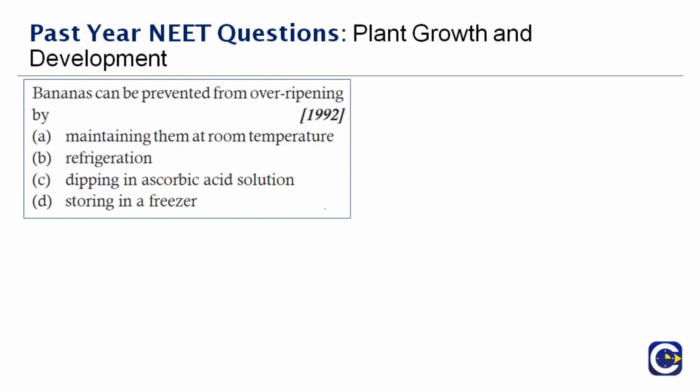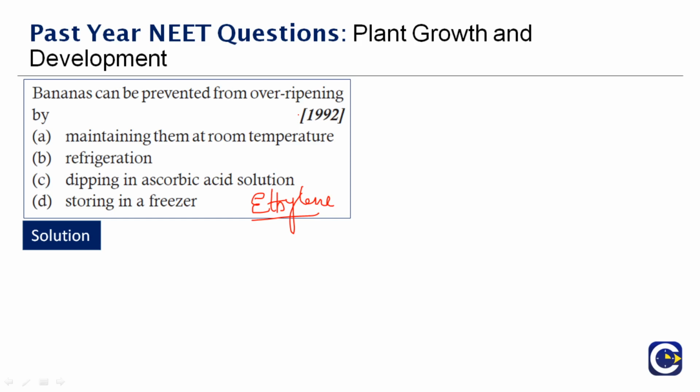Okay, next question here. Bananas can be prevented from over ripening by dash. This is again an easy question for you, which was asked in the year 1992. So when we talk about ripening, we have ethylene. So here they are asking us how we can prevent ripening. They are not asking how we can go for ripening. When we go for ripening, we can use ethylene. Now to prevent that, we will use